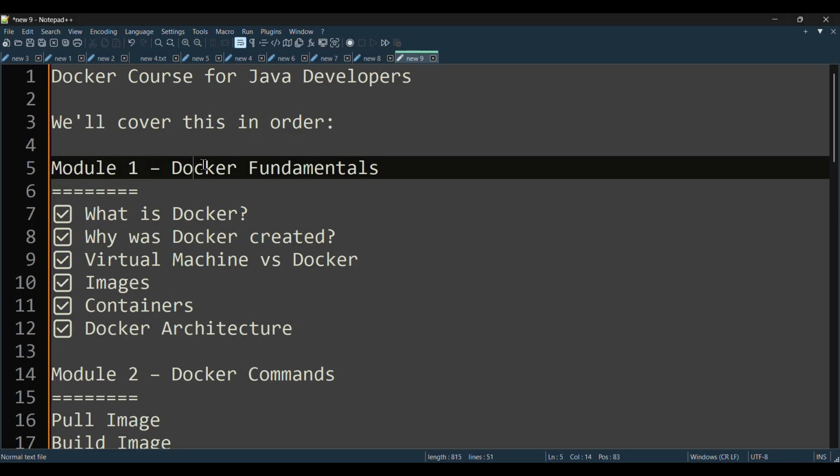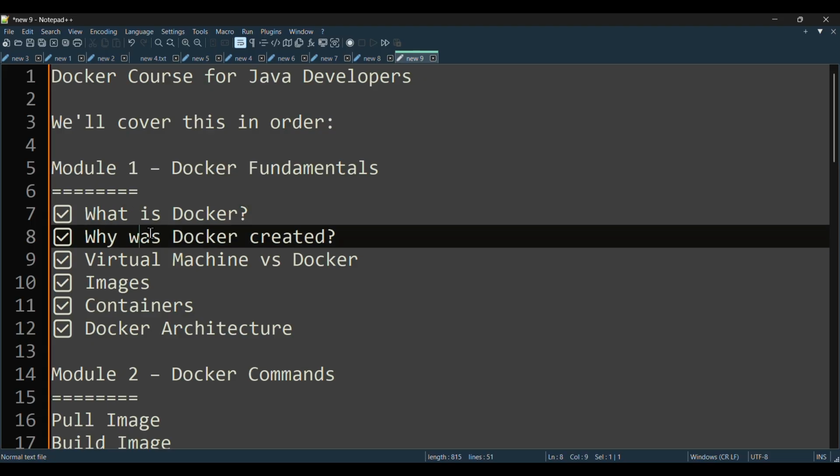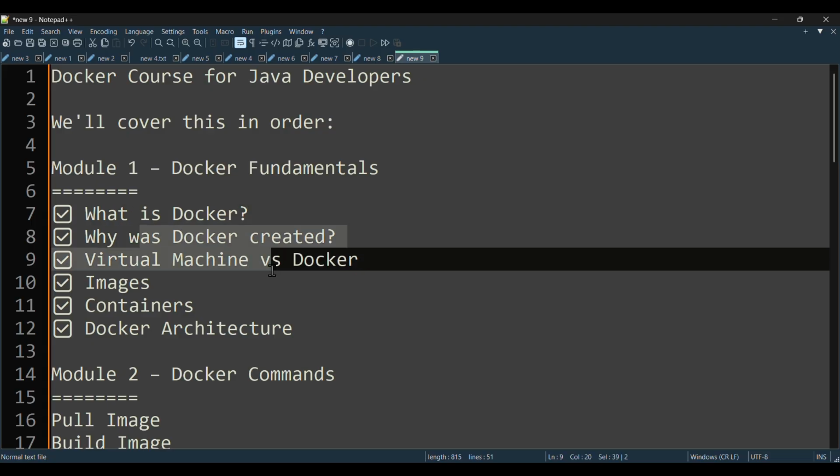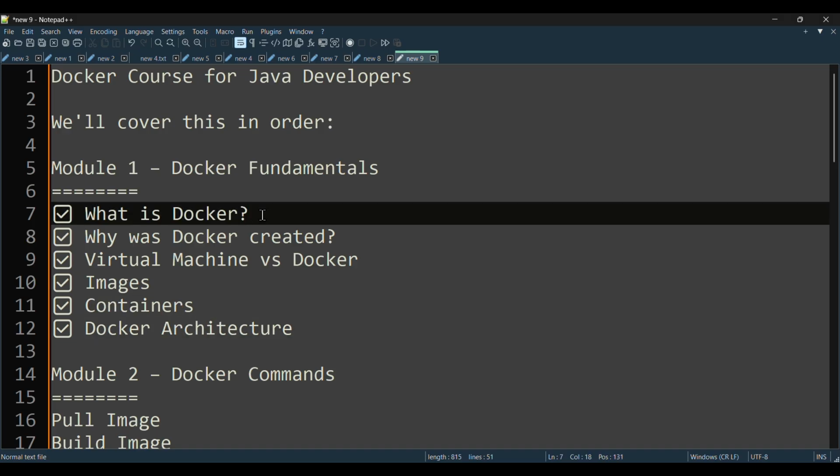For module one, we are going to cover the Docker fundamentals, where we are going to cover what is Docker, why Docker was created, virtual machine versus Docker, what are images, containers, and Docker architecture, how to install Docker, and all we are going to cover in this video. Here first we'll get to know